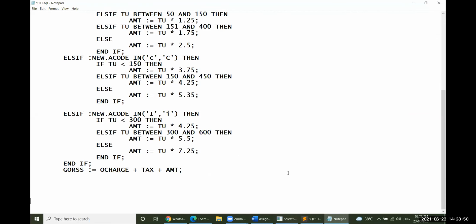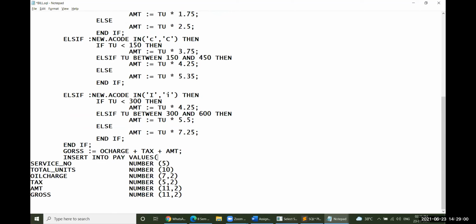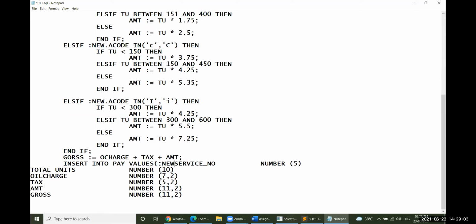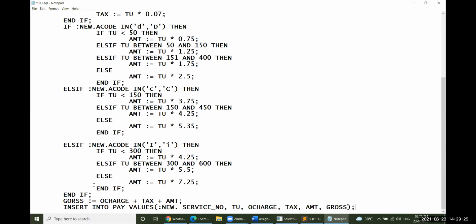So we have to apply an insert: insert into pay values, first the service number, new.service number, then total units, which is in TU, oil charge OCHARGE, tax as usual, AMT as usual, and gross. Then semicolon and finish off your work.